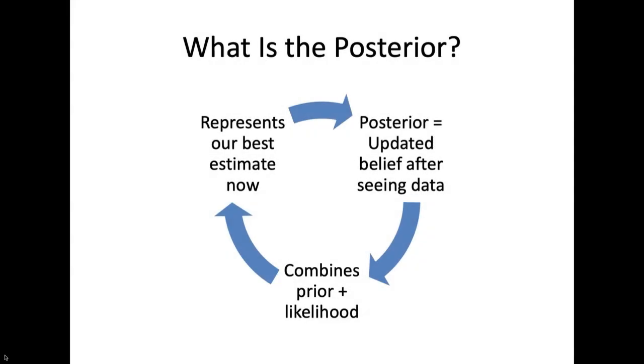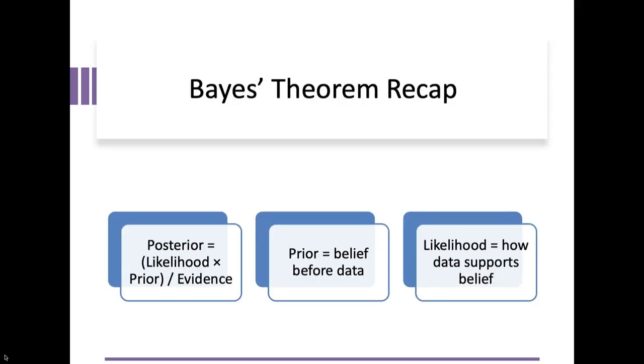Okay, let's bring everything together with the concept of the posterior. So the posterior is the end result of Bayesian reasoning. It tells us what we believe now after combining our prior belief, the likelihood being how well the data supports each possible belief. Now this is our updated belief, our best estimate of what's true after factoring in the new evidence. Now to recap Bayes' theorem in full, it is the posterior equals the likelihood times the prior divided by